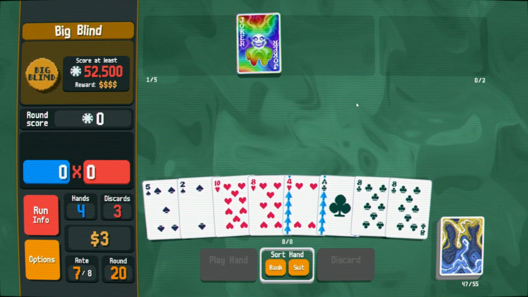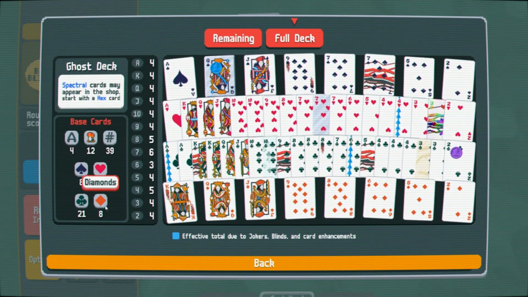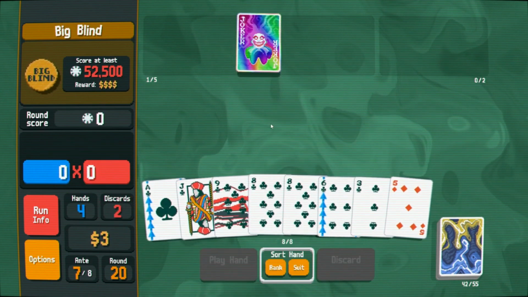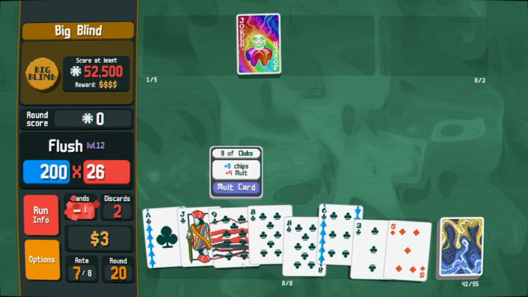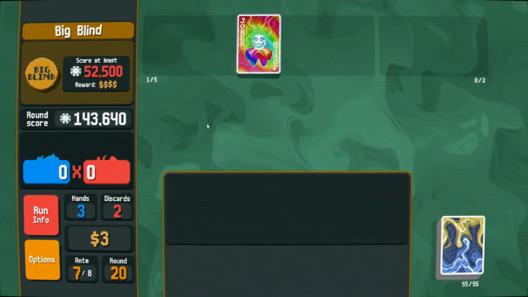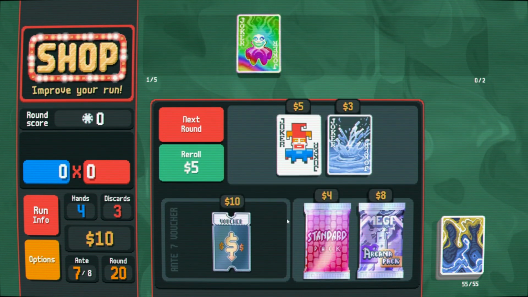What do we want? Technically speaking, which suit has more? Clubs is actually better than hearts. So, given the 50-50, there we go. Getting some good strong hands. I don't think we're going to go past the final blind very well, but at the very least we have...